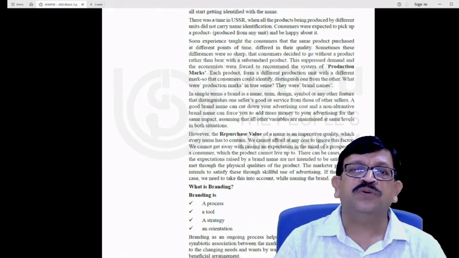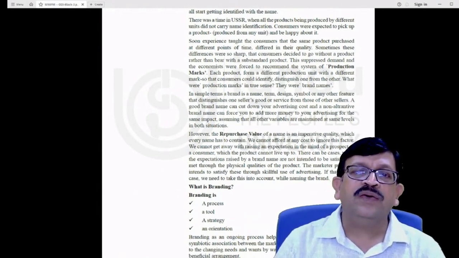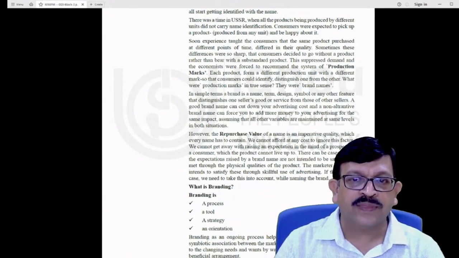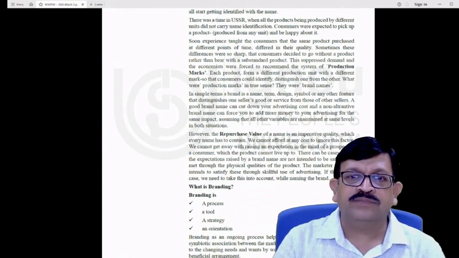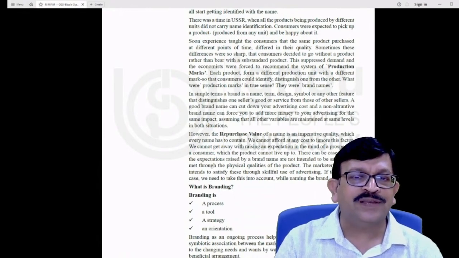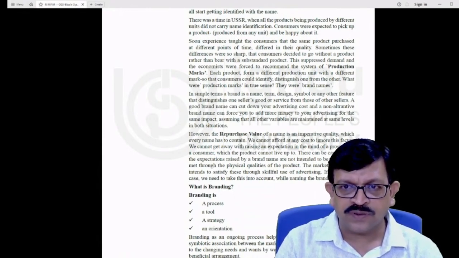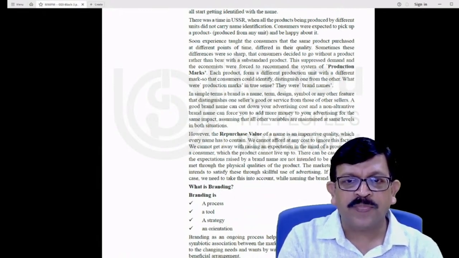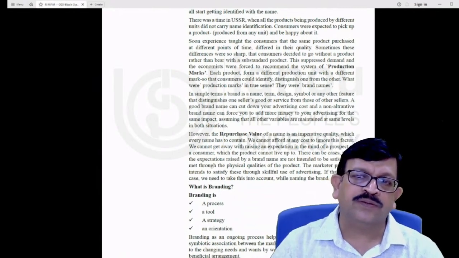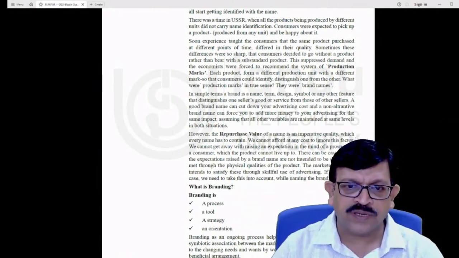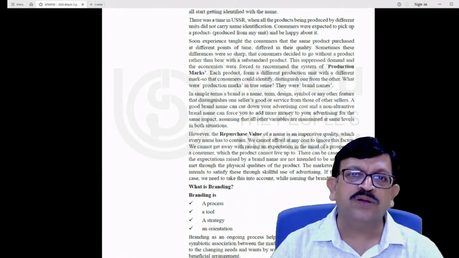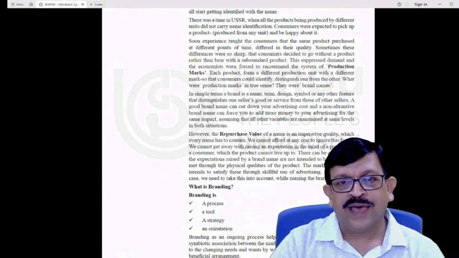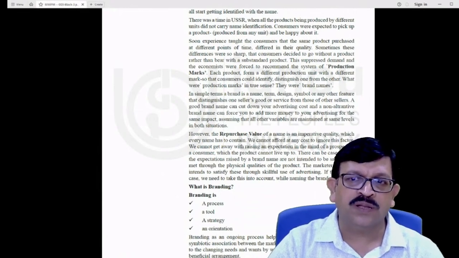Just to put things into perspective, according to AMA, they consider brand as a name or a term or a logo or a symbol or some combination of all these factors which is attached to a given product or service so that you can differentiate it from the rest of the sellers and offer it to the market, to the consumers to meet their requirements.